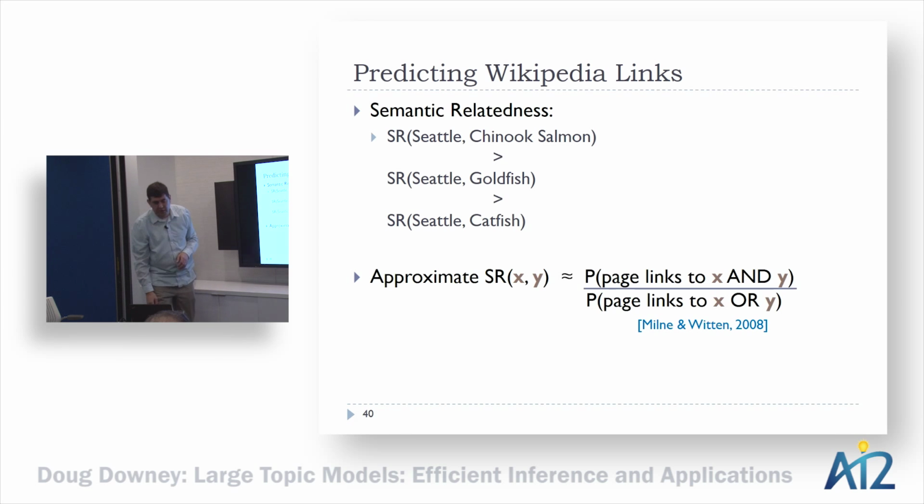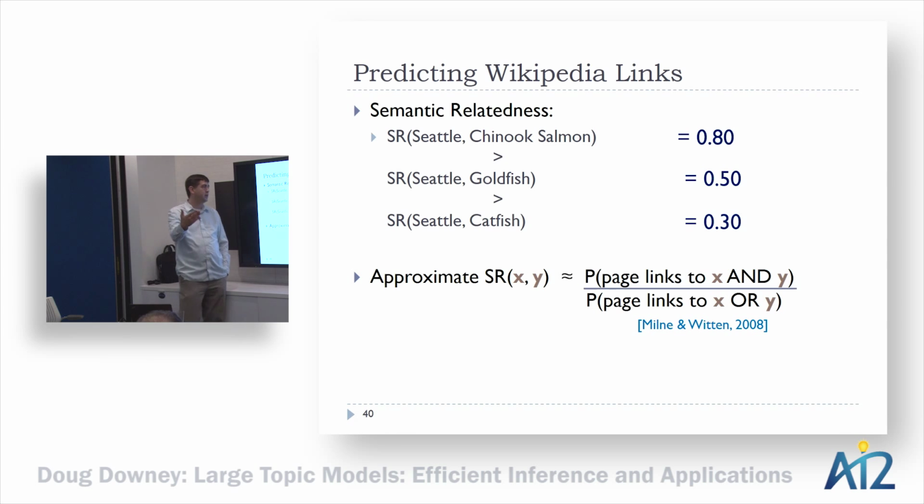And here's how this works. What does this have to do with probabilistic models of Wikipedia content? Well, of Wikipedia links. Here's why. The way we're estimating the relatedness of two concepts is based on the fraction of pages that link to both of those concepts. So if there are a lot of pages that link to both X and Y, we say X and Y are related. And this actually works fairly well for general concepts.